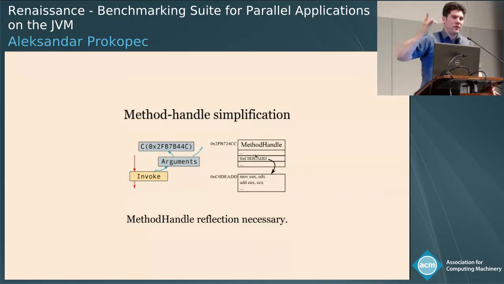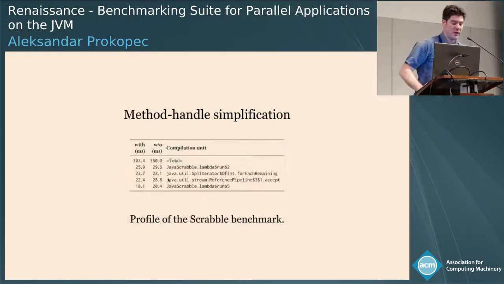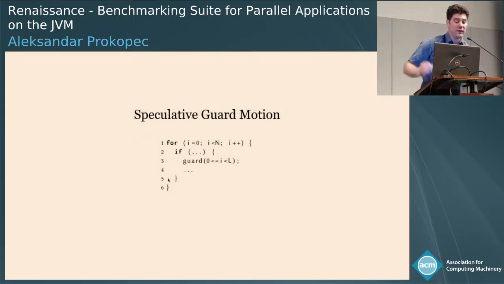So this is one of the crucial things that we needed to add, is to do some sort of runtime reflection, where we know if a method handle is constant, then we can read this field inside the heap and then use that to inline the corresponding code directly at the lambda call site. And this was crucial for inlining, and it enabled then a lot of other optimizations. Concretely, in the Scrabble benchmark, which is a Scrabble solver written in JDK streams, it brought us some 10 to 15% improvement.